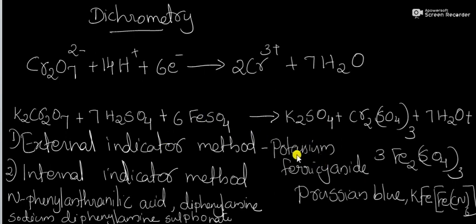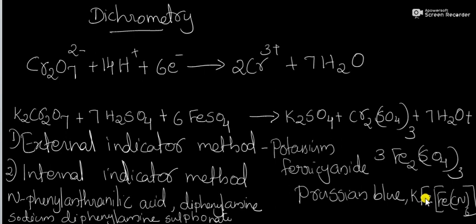When potassium ferricyanide reacts with ferrous ions, it gives a deep blue color due to the formation of Prussian blue, that is a compound KFe[Fe(CN)6]. This is Prussian blue, that is a complex of iron. So here ferrous ion reacts with the ferricyanide to form Prussian blue. That is the reaction,